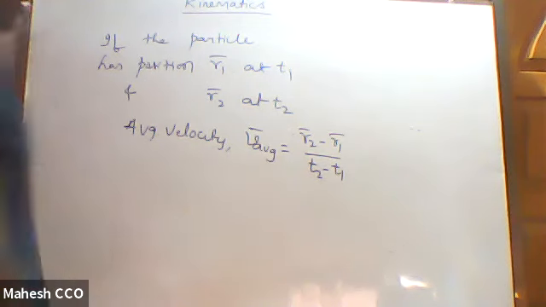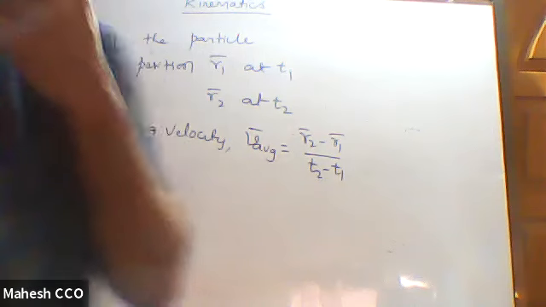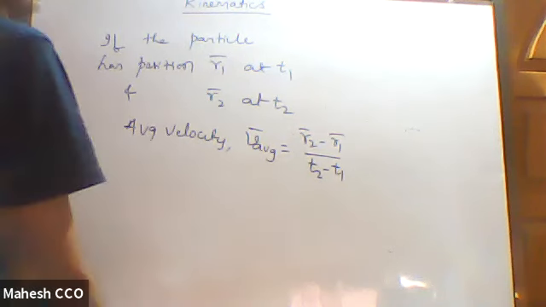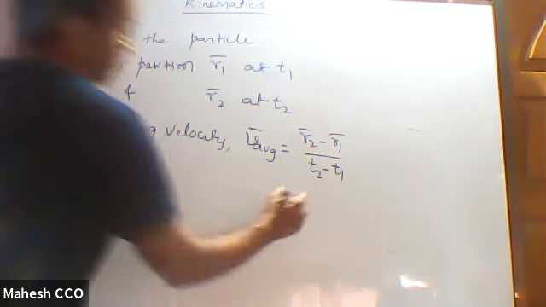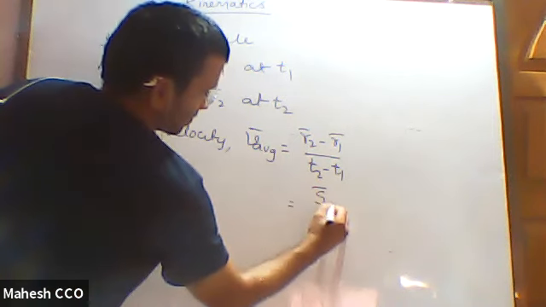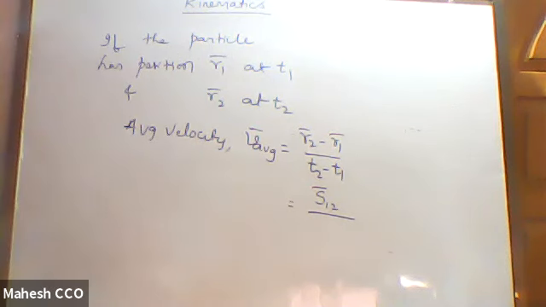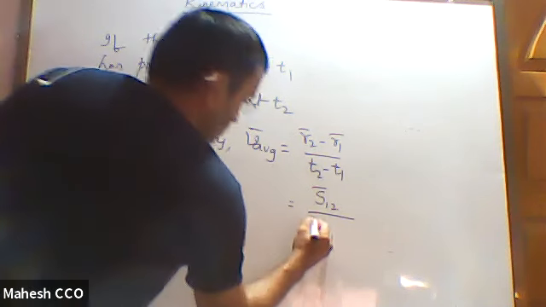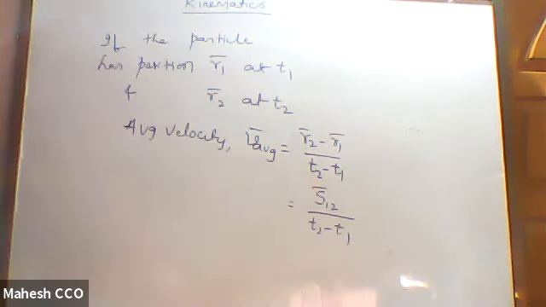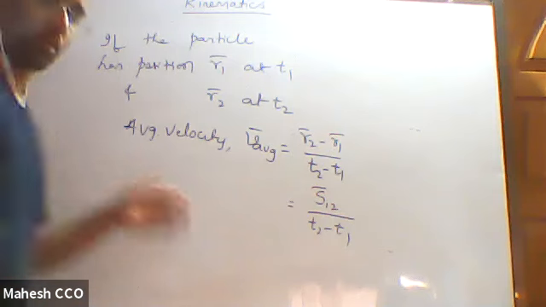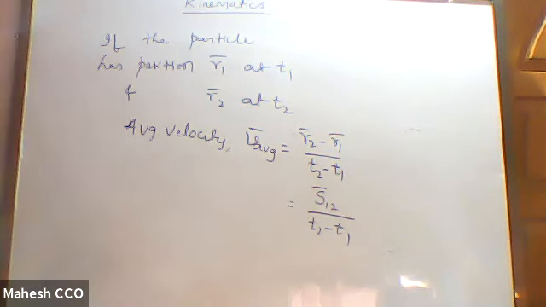Instead of that, because S bar now will be general displacement by any time, if it is a particular displacement between T1 and T2, let us write this R2 bar minus R1 bar as S12 bar. That means the displacement between T1 and T2, S12 bar divided by the time, or simply based on your 10th class definitions, total displacement by total time is average velocity. Average velocity is given by total displacement upon total time, whereas instantaneous velocity is given by rate of change of displacement with time, that is ds bar by dt.